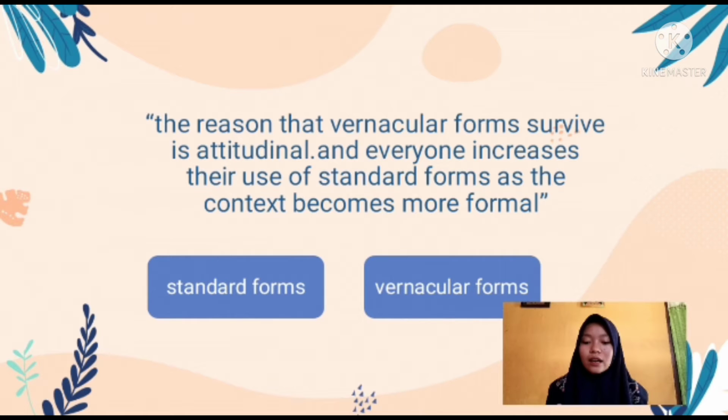Here there are standard forms and vernacular forms. The number of standard forms in everyone's speech increases in formal contexts like school and law court, while vernacular forms increase in relaxed, casual contexts, such as the playground and at home. The vernacular forms express the friendliness and relaxed attitudes appropriate in casual contexts.